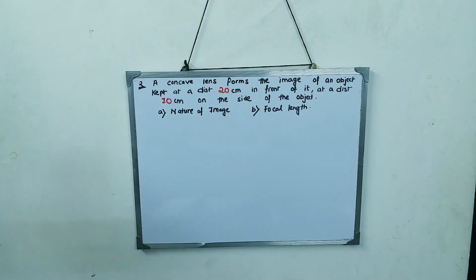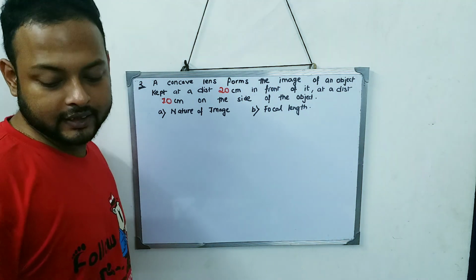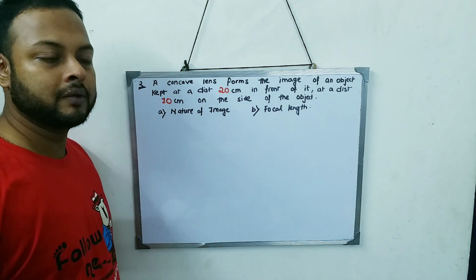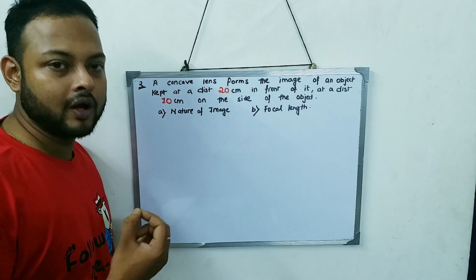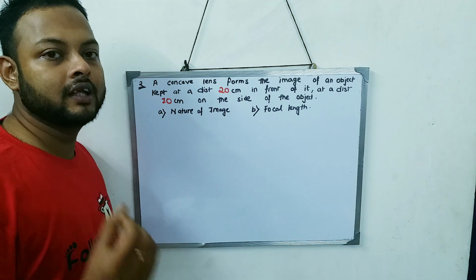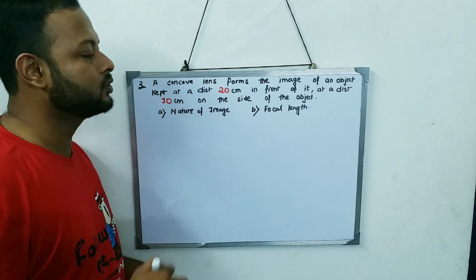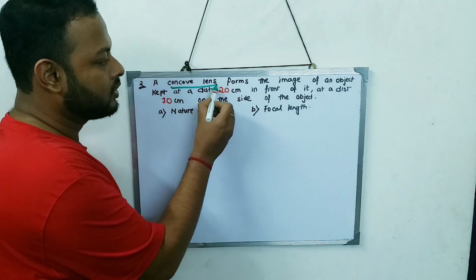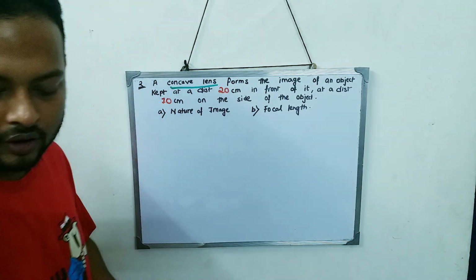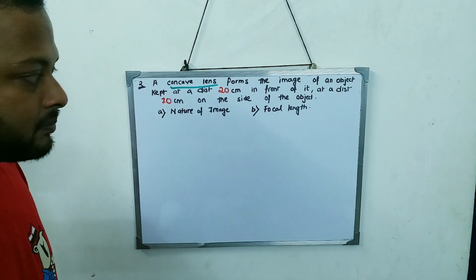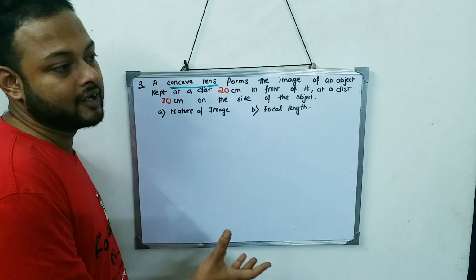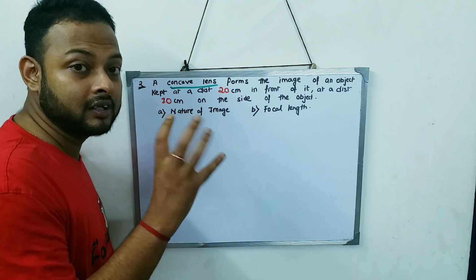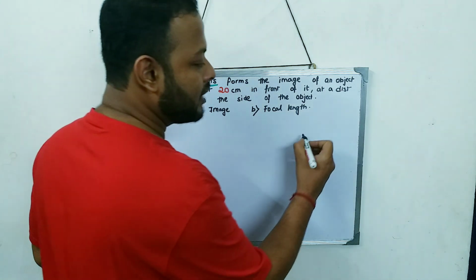Now we are going to do the second sum. Now how are we going to approach the sum? Always, as I told you in the previous sum, see the lens which is used, which kind of lens is used. If I read the whole question, I come to this word, concave lens. And as I get a concave lens, it is better that I draw a concave lens and approach the sum first diagrammatically. That will give me a clear-cut idea of what I have to do.